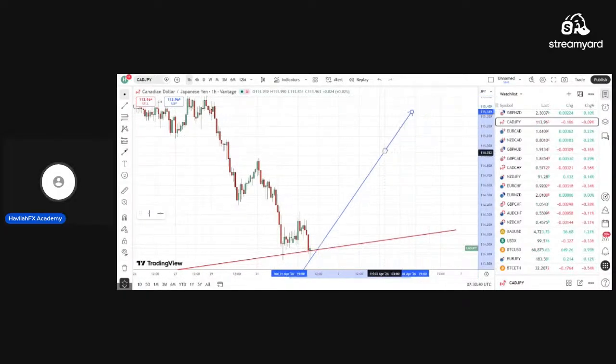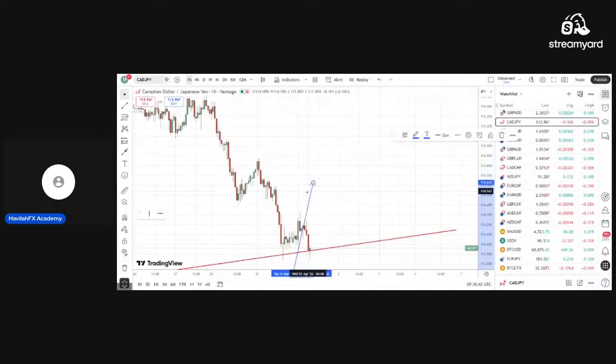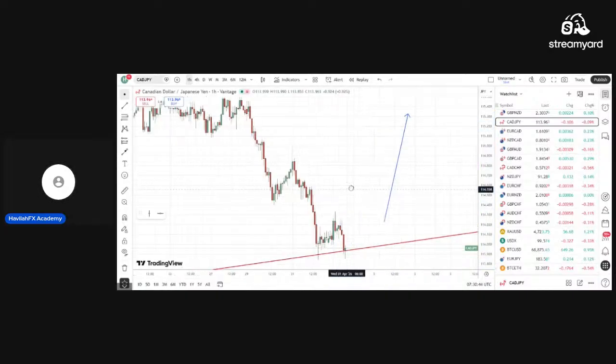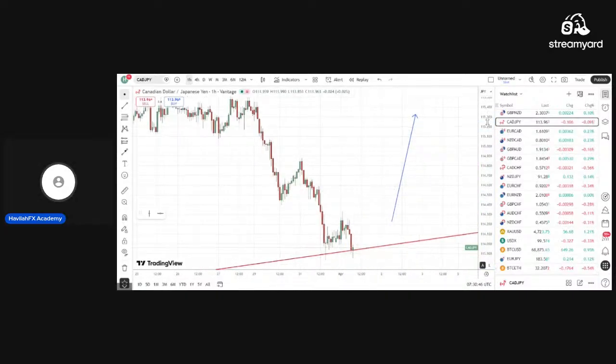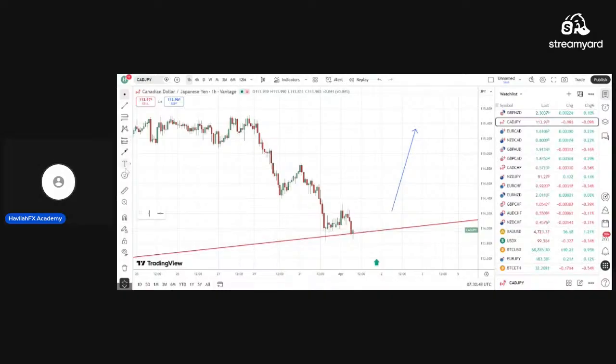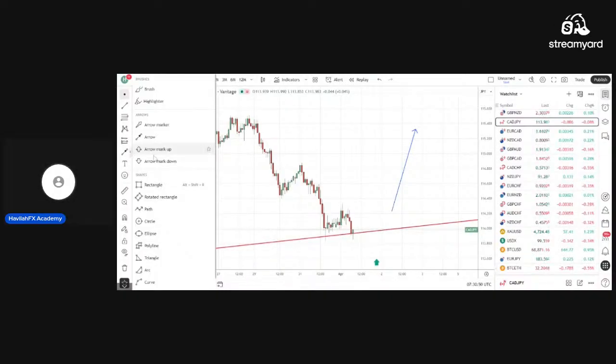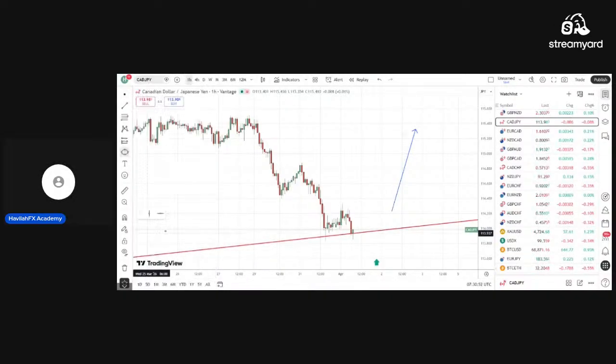Now we don't have any support on this one, but then there is a support. It's just a 1 hour support. So we still have our confluence either way. And we don't have a rejection candle also, but then we have a pattern. I spotted the pattern. All right. So we have a support here, like I said. We have our support on the 1 hour,